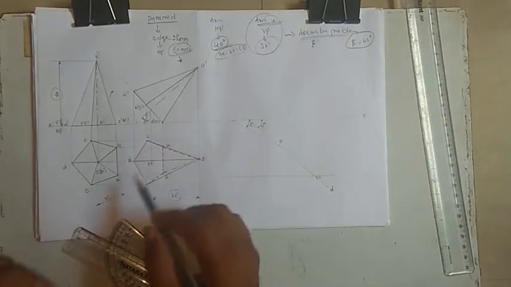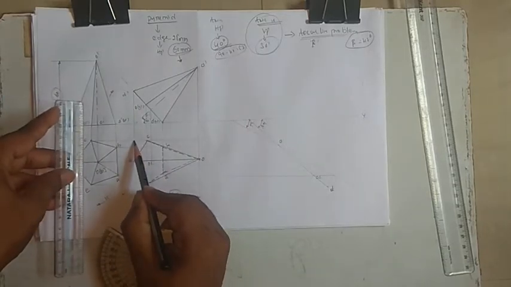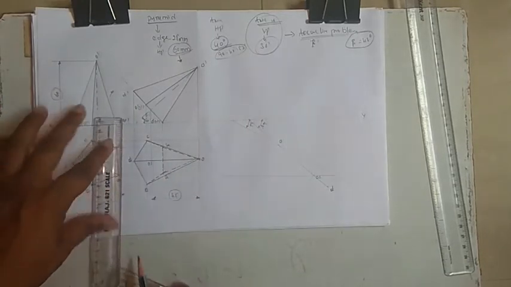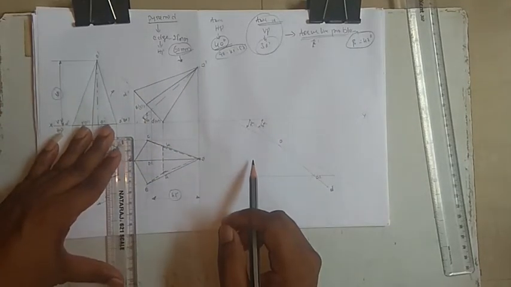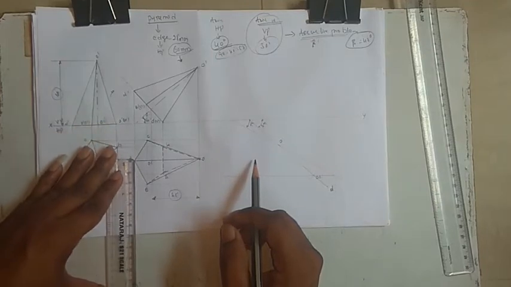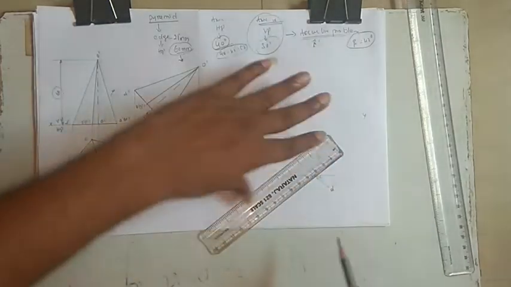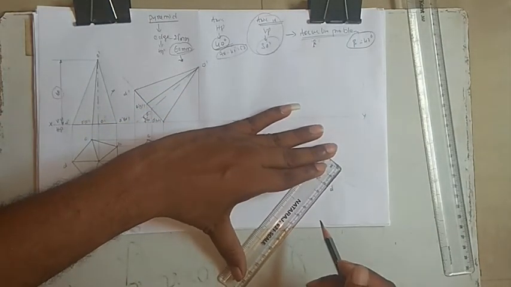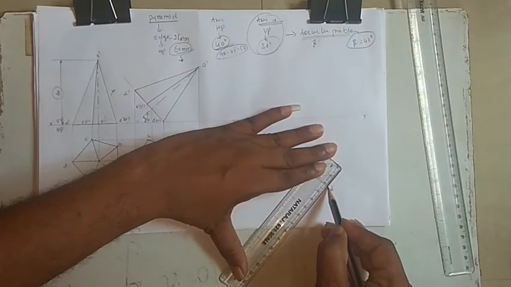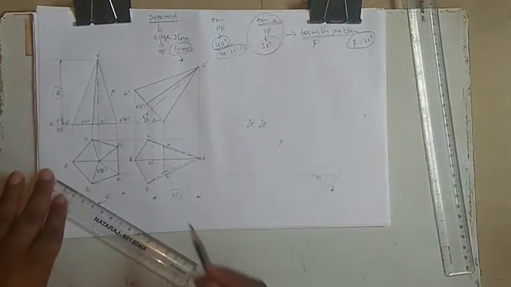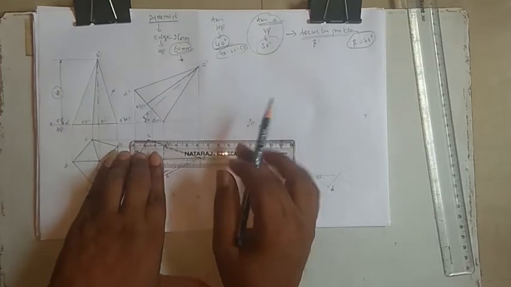So we need to trace these things. Okay, for that one what we'll do, from D we'll measure the vertical distance to the exterior ends. Okay, so from D it is coming around 20. Okay, so here also it is coming around 20. Okay, so we need to have a 20 perpendicular line from D, 20 and 20. Okay, so now you measure this distance.